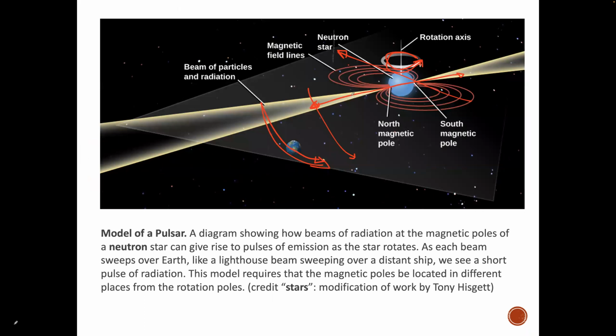If the magnetic poles are in this direction and the Earth is here, it's okay. When the star rotates, the radiation will sweep through the Earth. But this will happen only if the orientation of the neutron star is like this. If the rotation axis is somewhere in this direction, then your magnetic axis will go somewhere like this direction, right? Then even though you have a pulsar, we will not detect it,